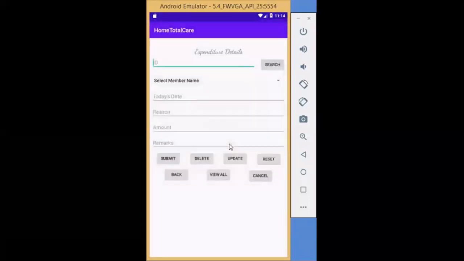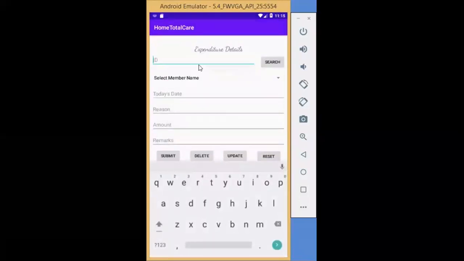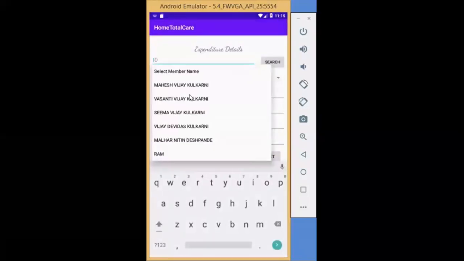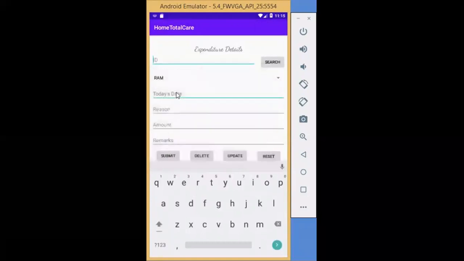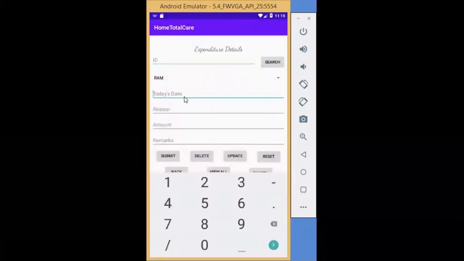These are the forms, and last but not least, expenditures. In day-to-day life, we have lots of expenditures, so you can put them in this app also. Just enter the person name and date. Suppose today's date is 12 or 11, any date you can put here.